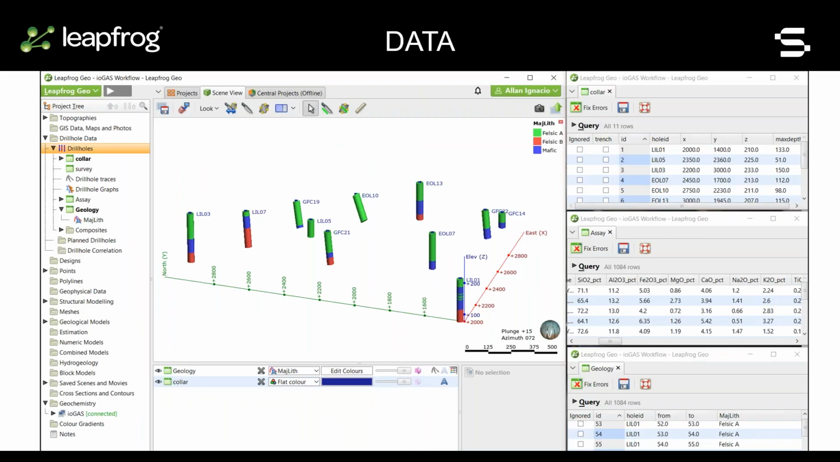Thank you, Putra, for a brief introduction on ioGAS. I'm now going to show you some information about the data set that we're going to use. There are 11 drill holes in this project. Displayed on the 3D scene are the different rock types. We've got 2 felsic rocks, A and B, and we've got a mafic rock, which is the dark blue in color. We have a total of 1,084 data points with 59 assays per suite per interval,